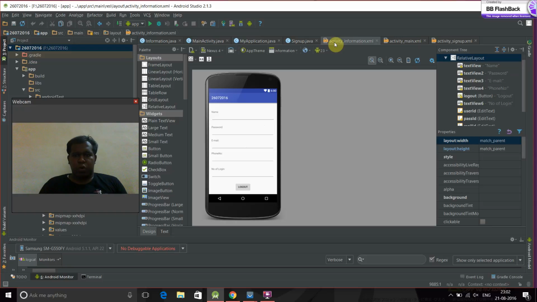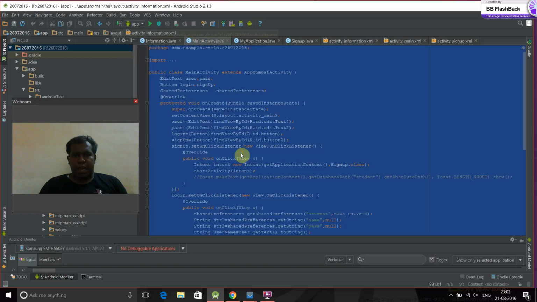So these are the three activities, that is XML files, that we are going to use, and we have four Java files corresponding to them: three for the XML files and one Java file corresponding to the application class. And when you go to the main activity.java,